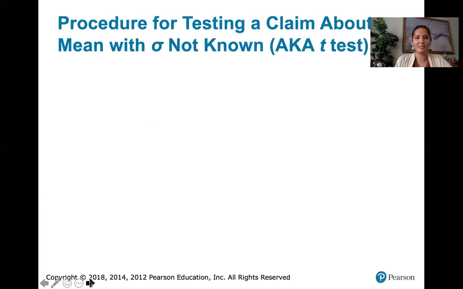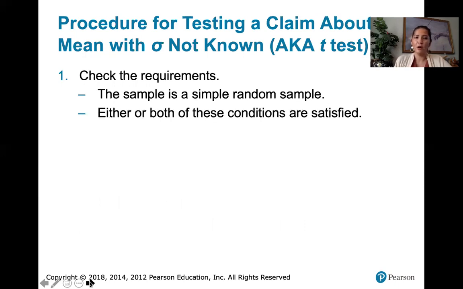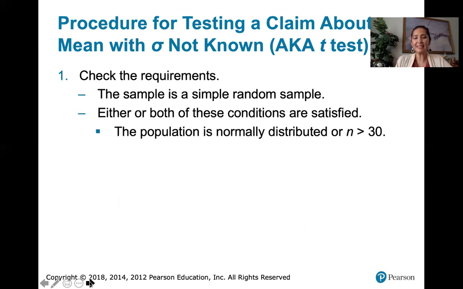Okay, so here's the procedure for testing a claim about a mean when the population standard deviation is not known. Sometimes this is just called a t-test. So if somebody asks you to do a t-test, what they're asking you to do is to test a claim about a mean. First, we want to check the requirements. We need to have a simple random sample, and then one of these conditions or both of these conditions need to be satisfied. Either the original population is normally distributed,